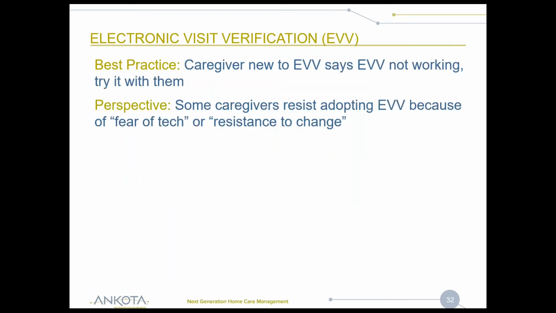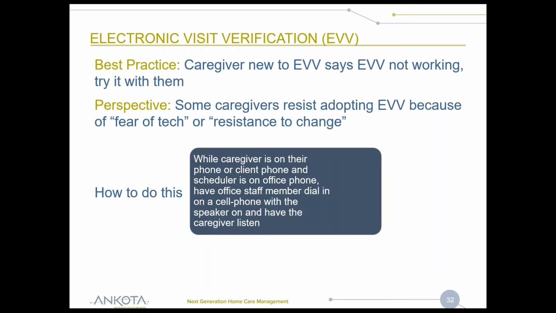Okay, so then kind of moving on, the next best practice is that sometimes your caregivers, when either you bring EVV for the first time or they're new, are going to say, hey, the EVV isn't working. And sometimes what you experience is it's really just they're a little bit resistant to change, or maybe they fear the technology and that kind of thing. So what we recommend as a best practice is that when they call in the office and they say it doesn't work, or maybe you've called them to say, hey, I don't see you clocked in, and they say, oh, it's because the EVV didn't work,